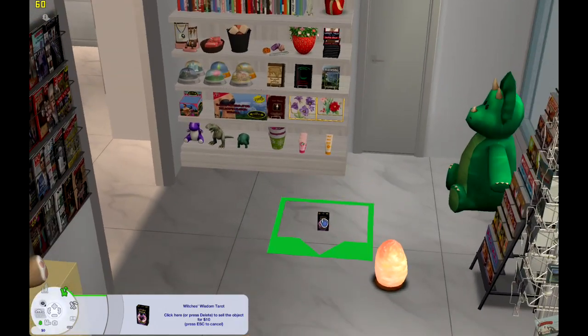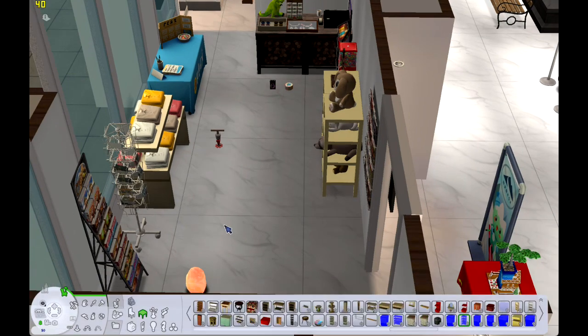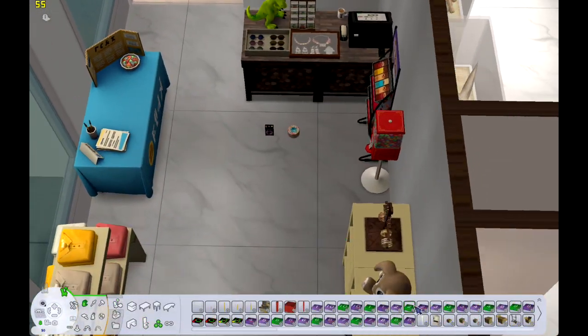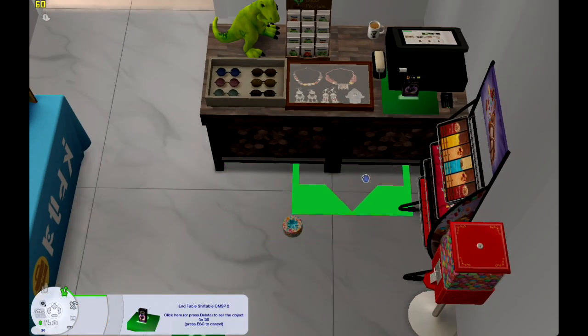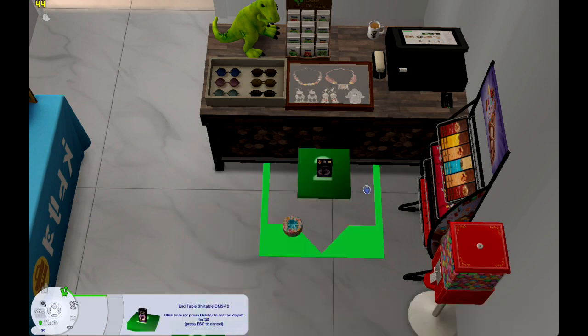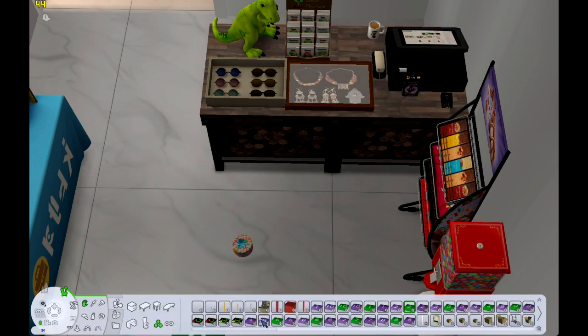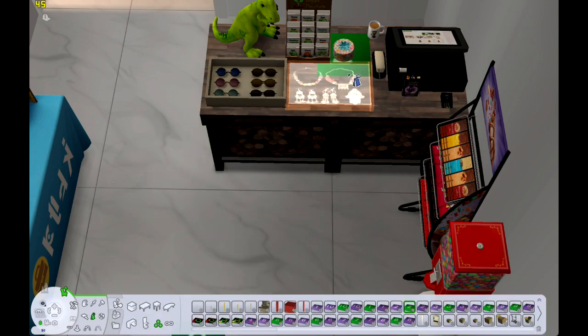I was trying to find a spot. This is a box of tarot cards, so I was trying to find a spot for it, and then I was like, you know what? No, it's just going to go also as an impulse buy. The Himalayan salt lamp did have to go though. And I was like, fine, we'll slot it to the stupid slot. I was hoping the counter slot would be okay for that little box, but